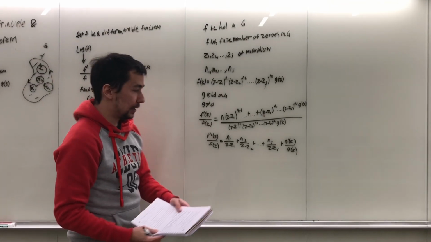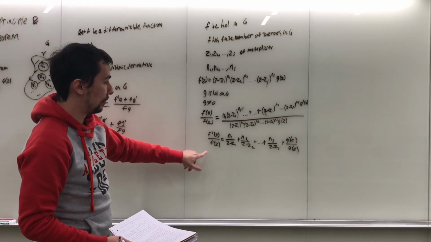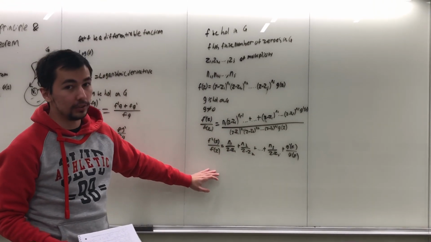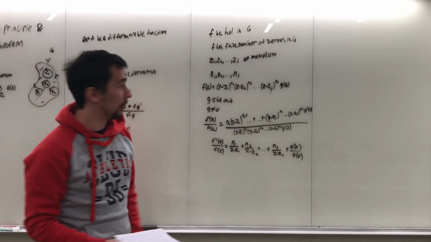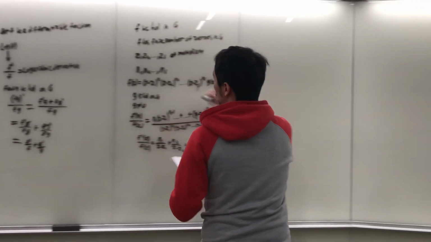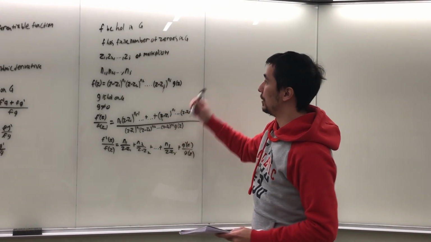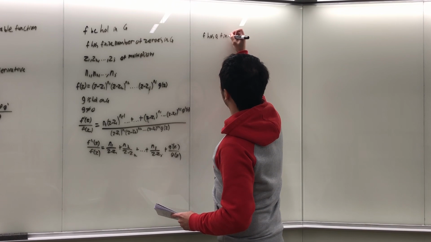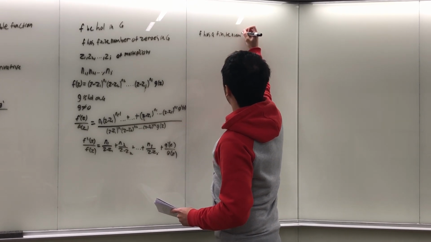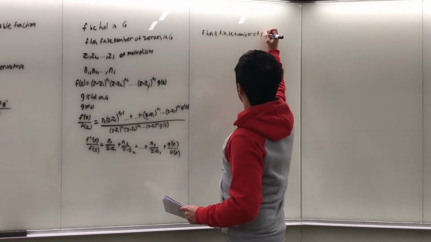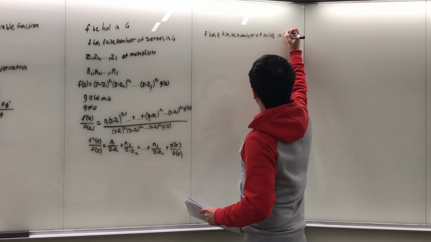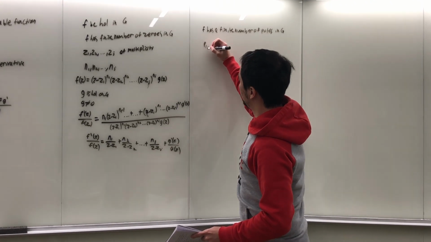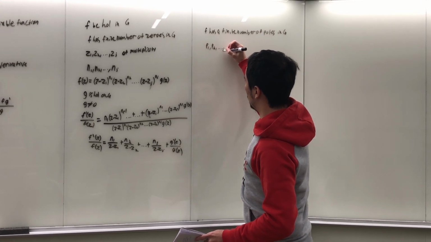Okay, so now that we've shown we can write the logarithmic derivative of all the zeros like this, you may be asking, what about any poles in f as well? And we actually have an equation for that one too. Same conditions where f is holomorphic in G, we can say that f also has a finite number of poles in G. And we can define those poles as p1, p2, and we'll go ahead and say all the way up to